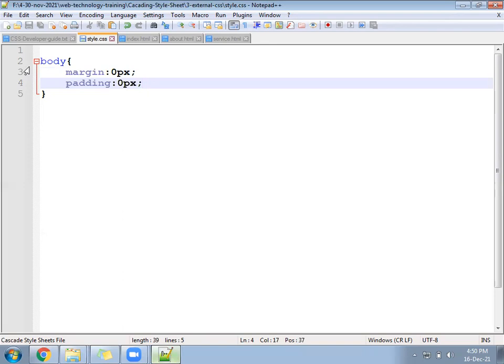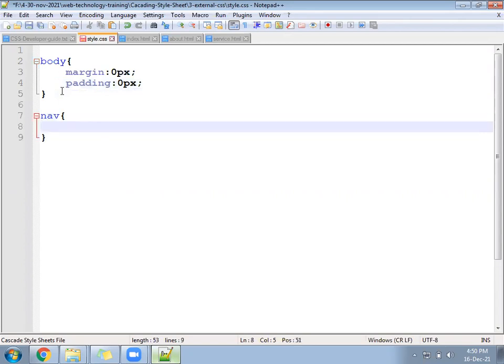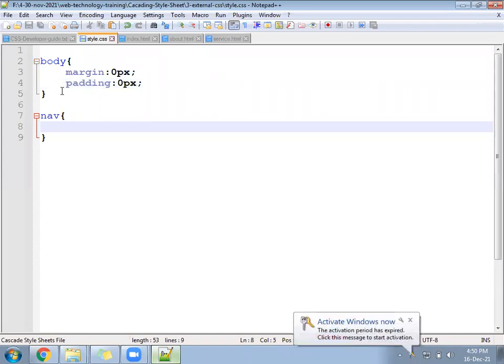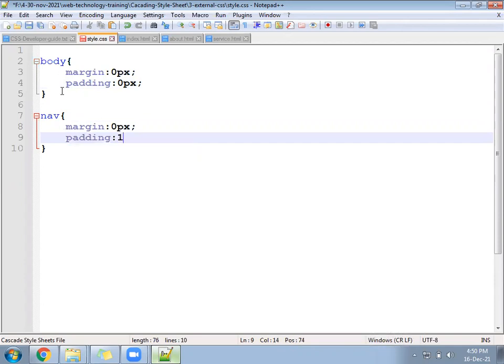Next, let's come to the CSS for nav tag. For the nav tag we will be writing margin 0 px, no gap from any side. After that, padding of the nav tag somewhere 18-20 pixel, keep 20 pixel padding.